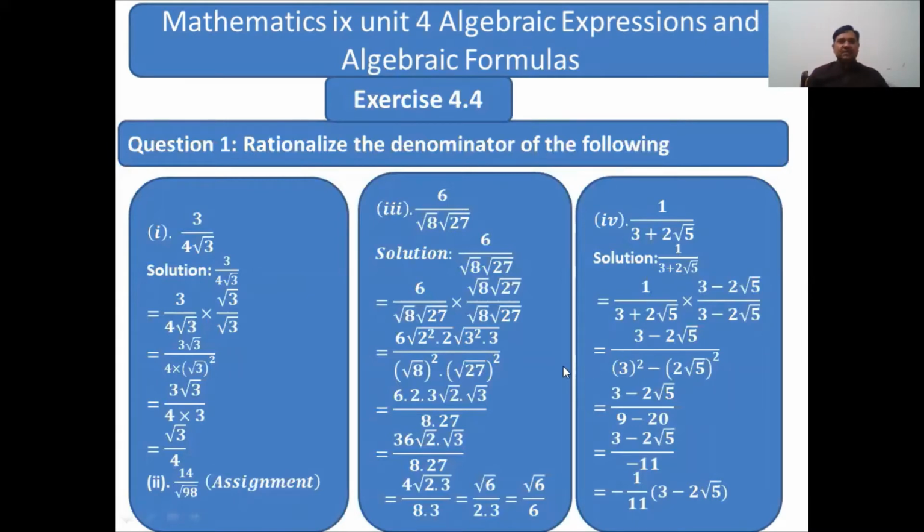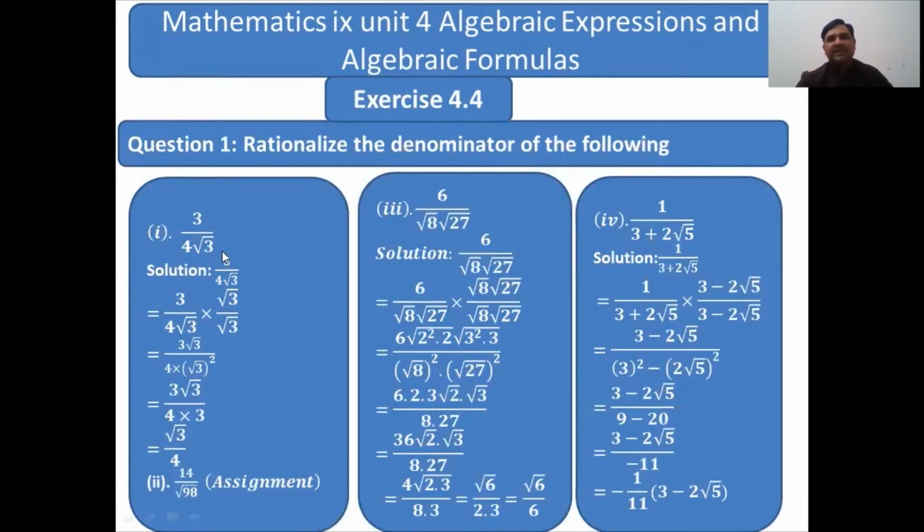So here, square root of 3 is a surd. You can say that this is a mixed surd. This is an example of a mixed surd. We have 4, which is a rational number, and the square root of 3, which is an irrational number, and the product of these two is a mixed surd. If we have only square root of 3, that is a pure surd. So 4 square root of 3 is an example of a mixed surd.